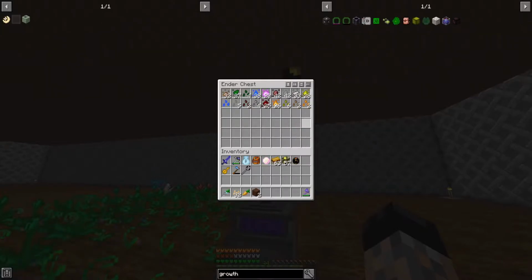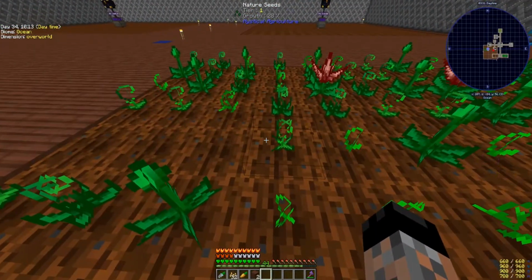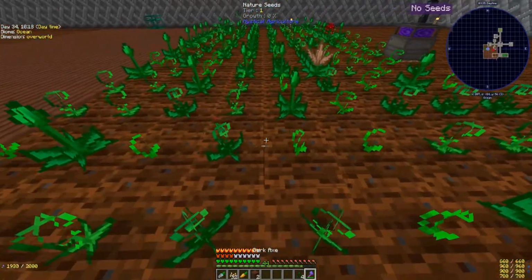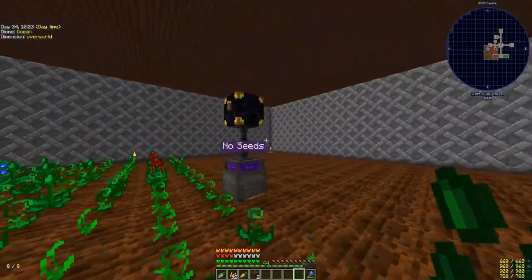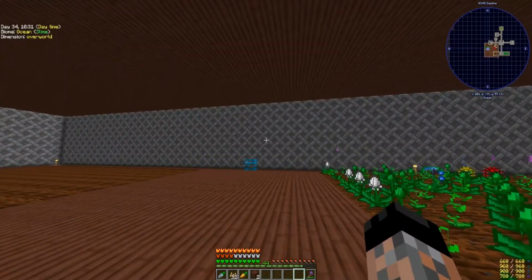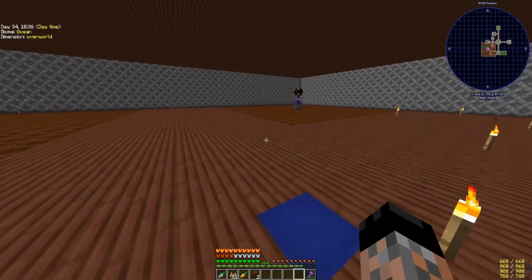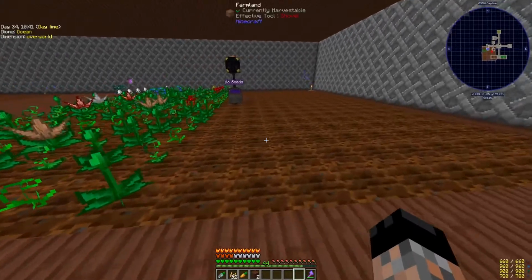And let's see, let's organize this. Which one was I missing? Nature seeds. And we got some there. Alright, so I can finish that row. And then all the essences will go into storage. All the seeds will take a detour and go through seed reprocessors, which once we have everything in, we can do